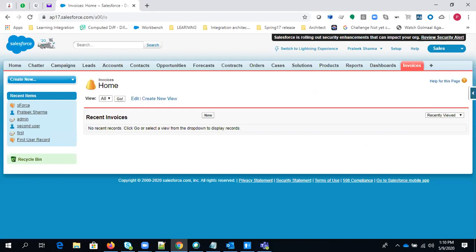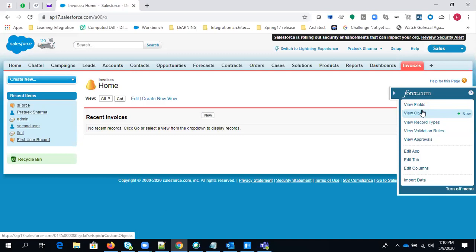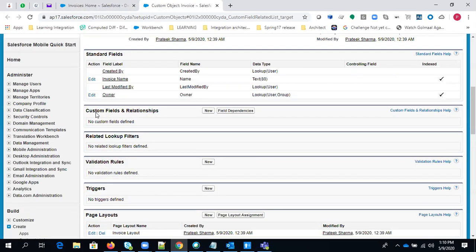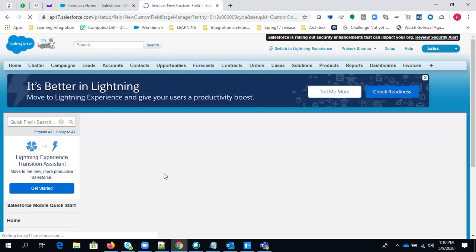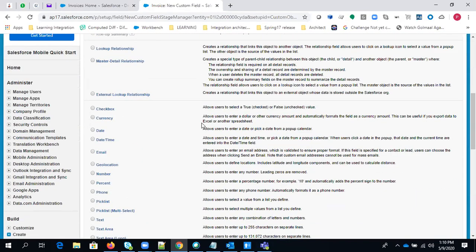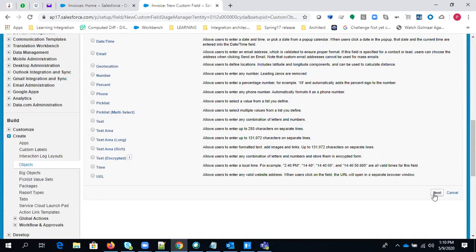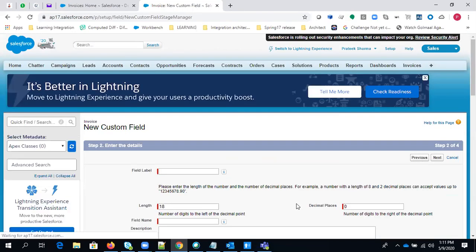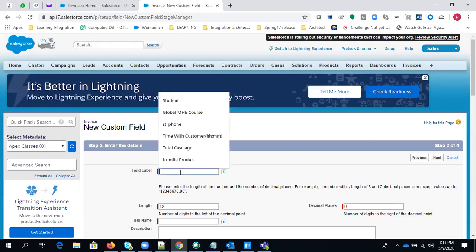Now we want to create some more fields. I'm creating a new field called Amount, the invoice amount. In the custom fields and relationships section, you can simply hit New. Here I'm selecting the data type Currency and hitting next. For the field label, I want to give Amount.